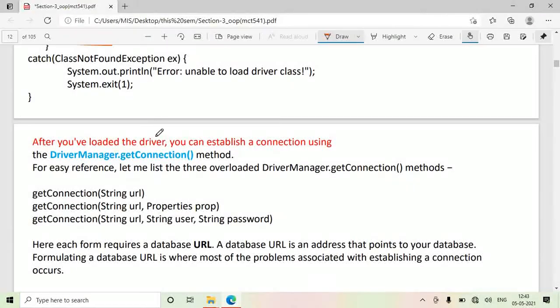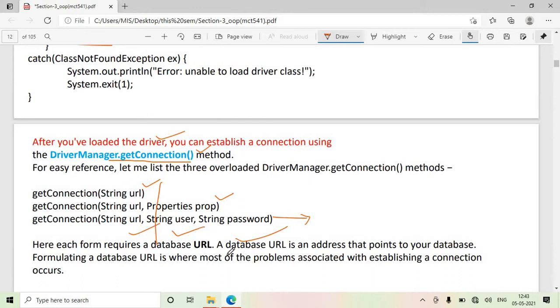Then after you have loaded the driver, you want to establish the connection with your database. For establishing the connection, there is the DriverManager.getConnection method. It has three different formats. Either you can provide only the URL, or the URL and some properties, or the URL, user ID and password. In all our practicals, we have seen this syntax.